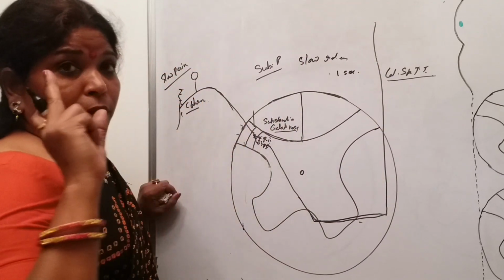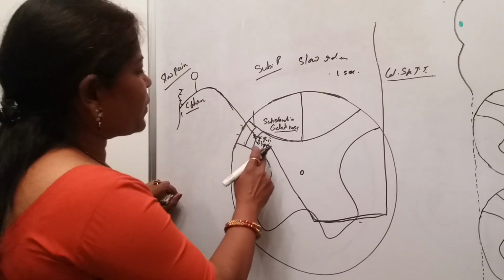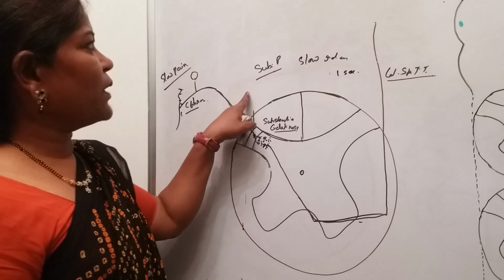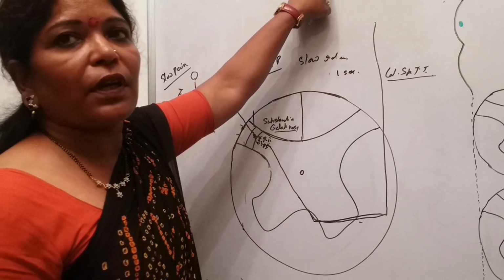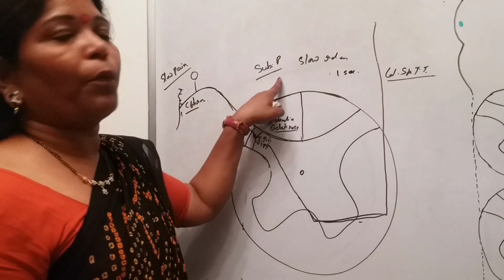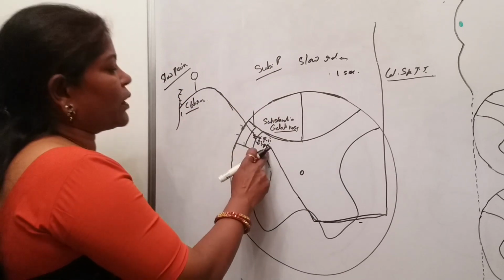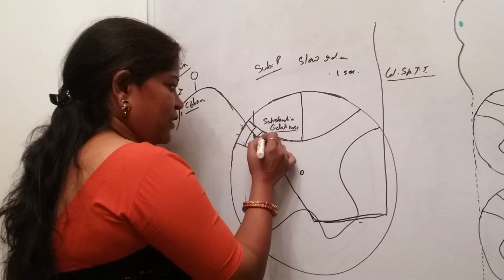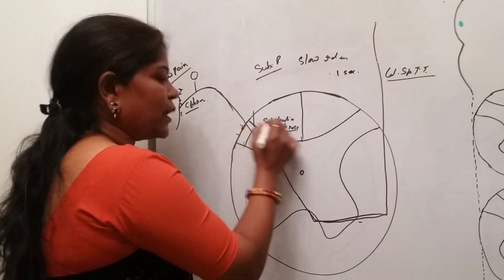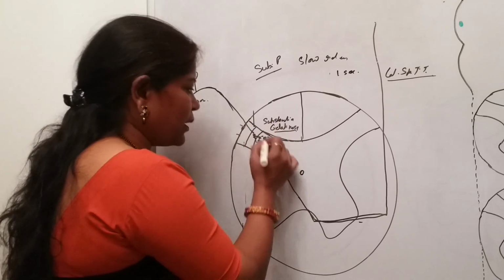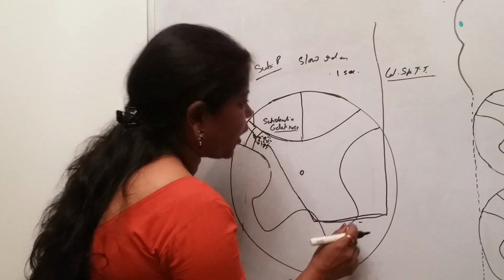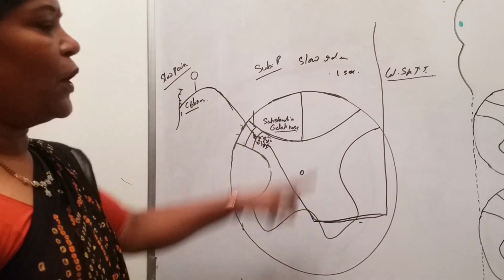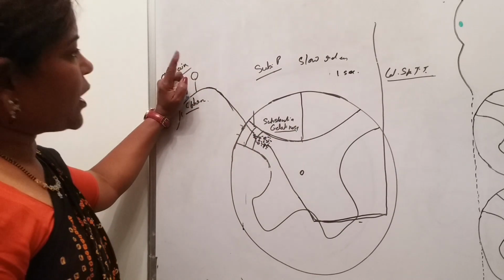More time than the fast pain. Okay, that's why you are able to learn here why the fast pain is received in the cerebral cortex before the slow pain. Because it is the knotty one, it is engaged in doing some other work here, multiple neurons it is relaying here, and then it is finally coming out and going upwards. That's why the slow pain is taking more time to be perceived in the cerebral cortex.